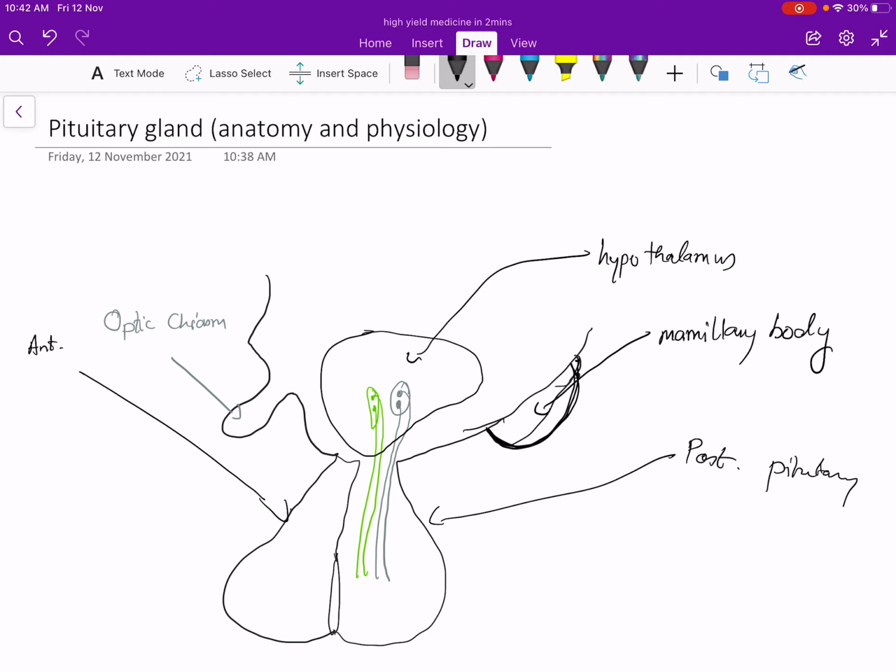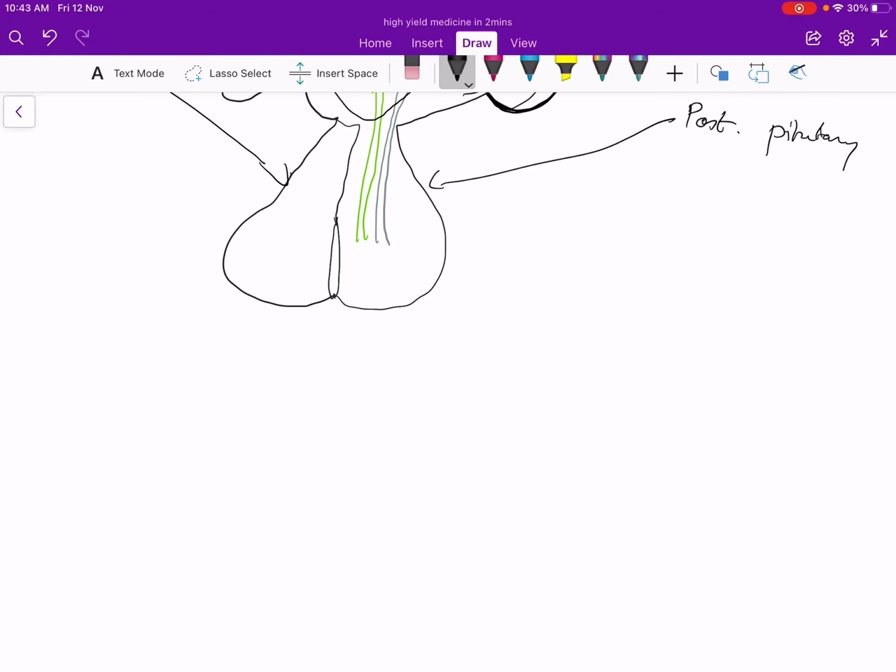So this is the basic diagram. Whatever we are going to learn is going to be inside this diagram now. So first we'll come to the anterior pituitary. So in the anterior pituitary